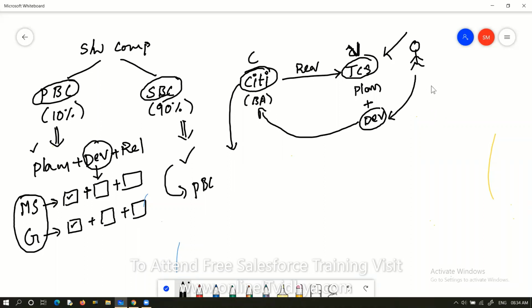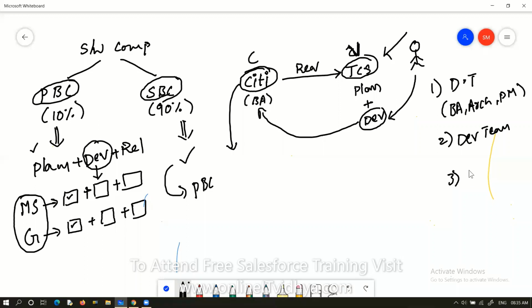First is the designing team, where people like business analyst, architect, and project manager are available. The second one is the development team, where complete developers are available.